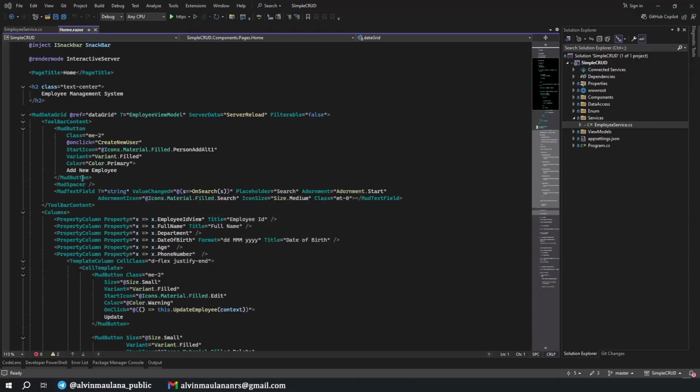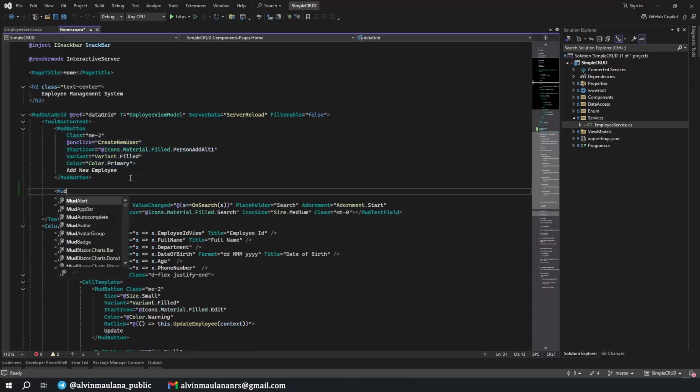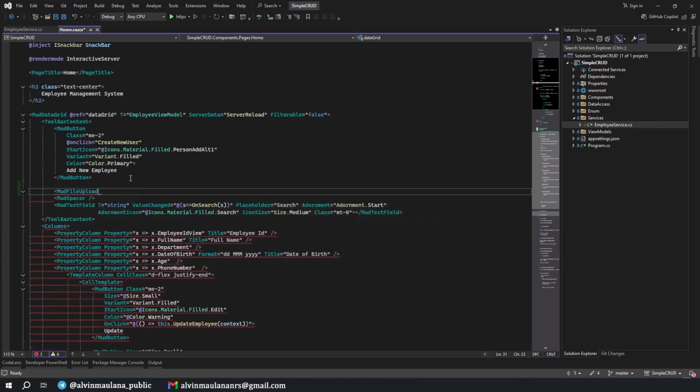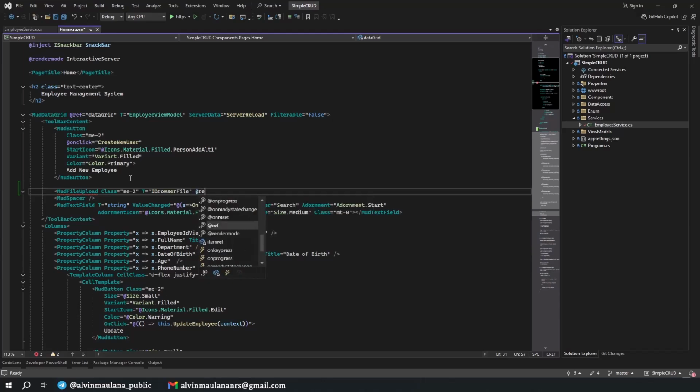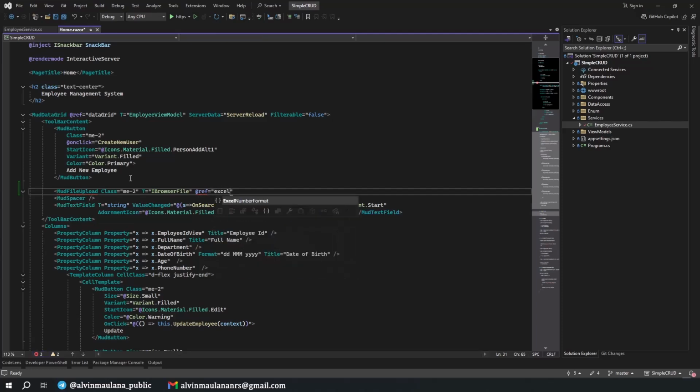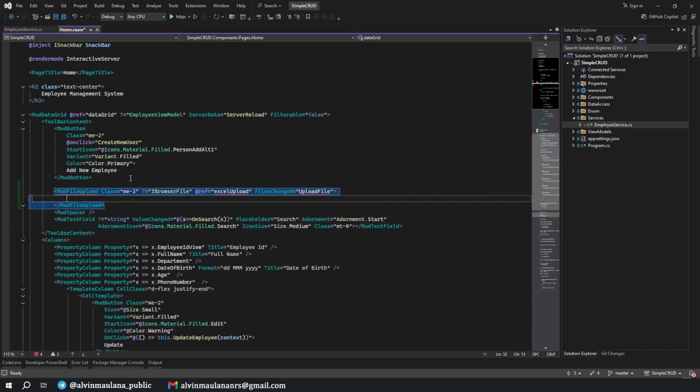Okay, what we have here is a MudFileUpload. We give the class of margin n2, and then the type is IBrowserFile, with reference to Excel upload, and then we will have a file changed to upload file. This is a new function. It's okay if error, and then close it.